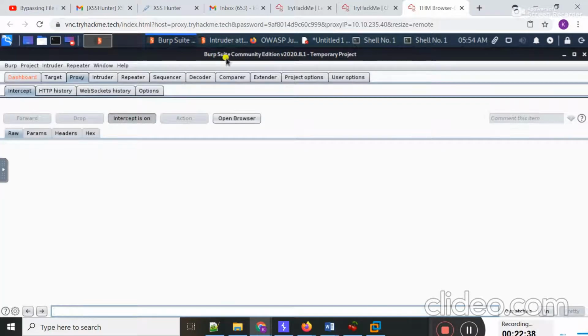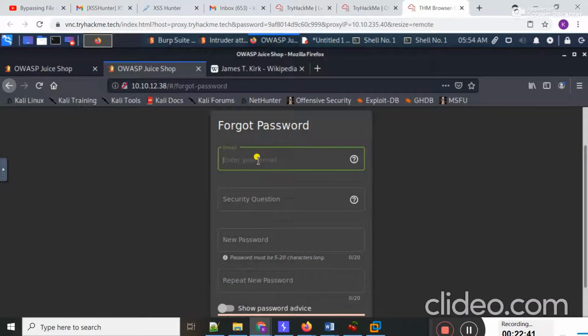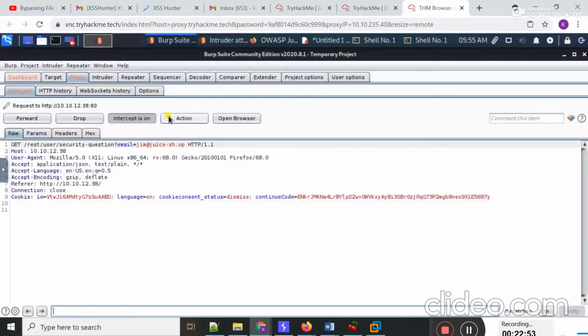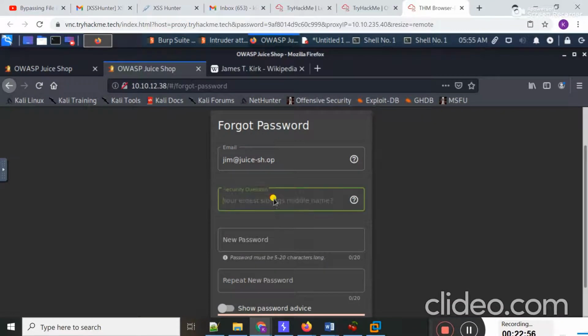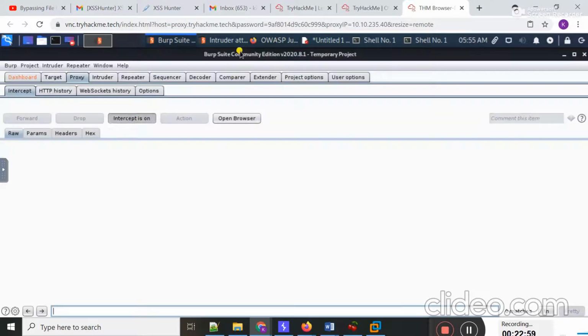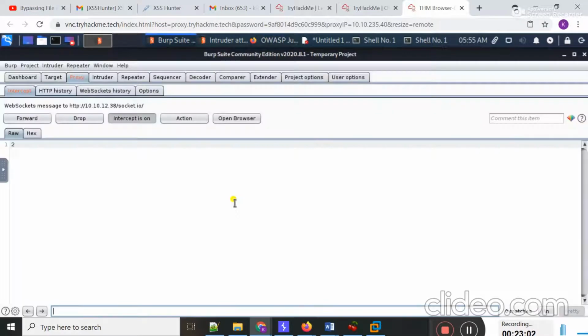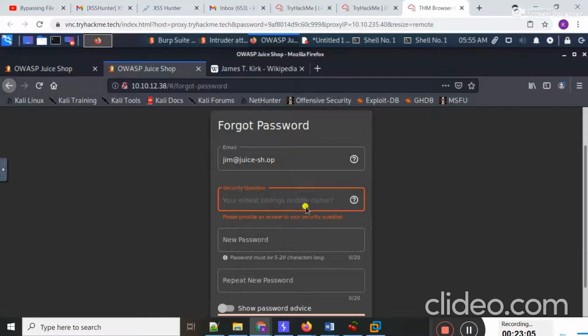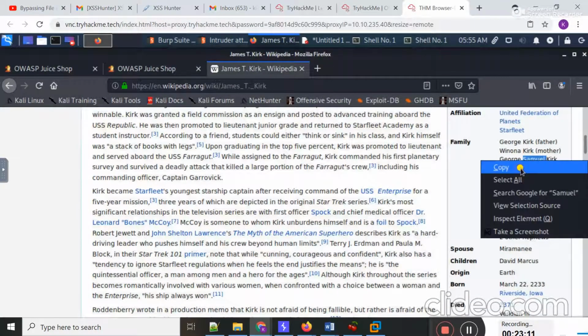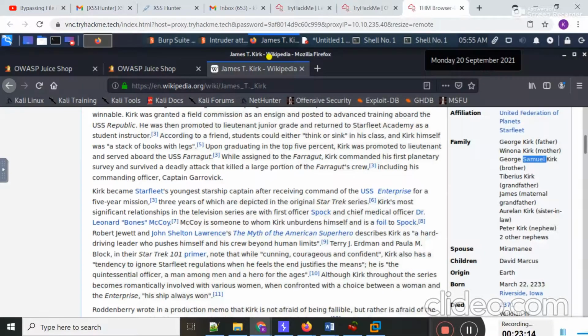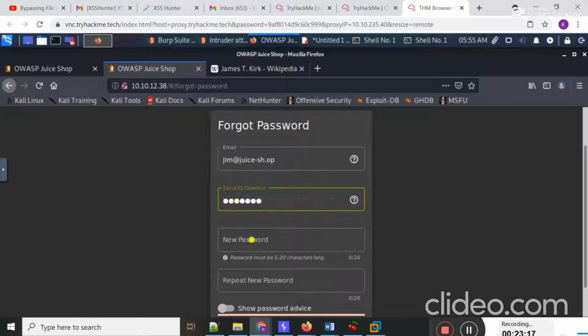I'm going to turn on the intercept, and now I paste the email ID of Jim and the security question. Okay, you can see here: your eldest sibling's middle name. So his eldest sibling's middle name is this one. I am going to copy it from here and paste it here, and then new password. If I type anything,